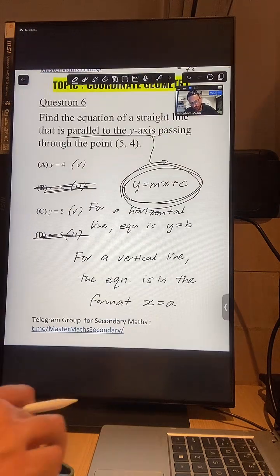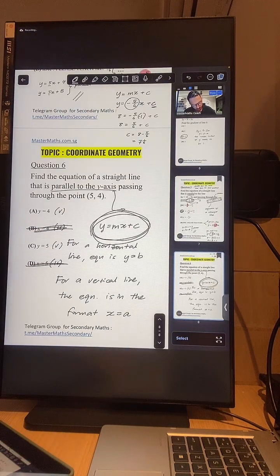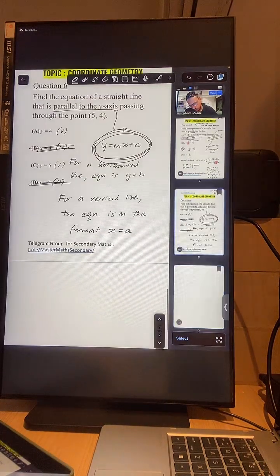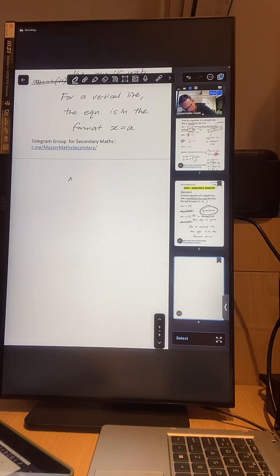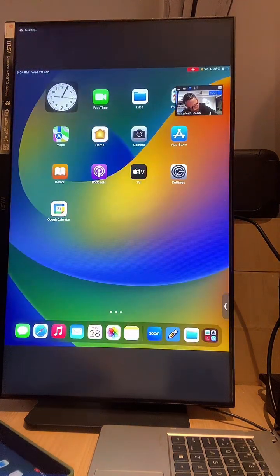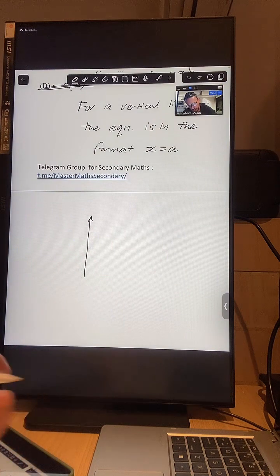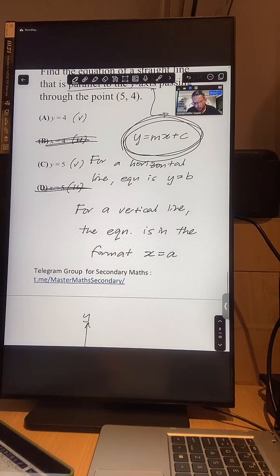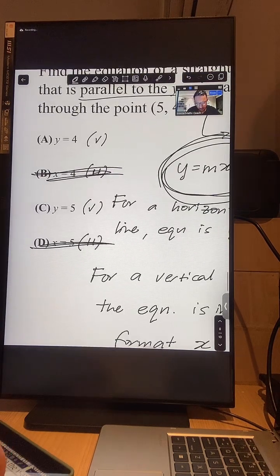Okay, let's draw it out and then we can call it a day. How to add page here? Let me add page. Okay, add page. So, y equals 4. Okay, so I have my y-axis, the vertical. I have the vertical y-axis and then I have the horizontal x-axis. Okay? And I'm going to draw, forgive me,